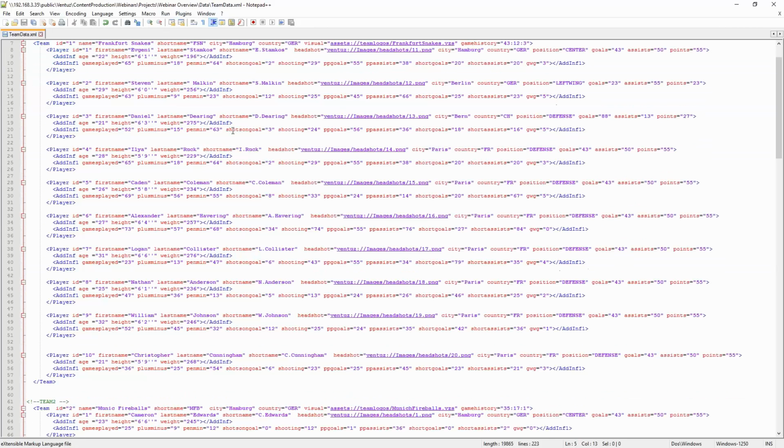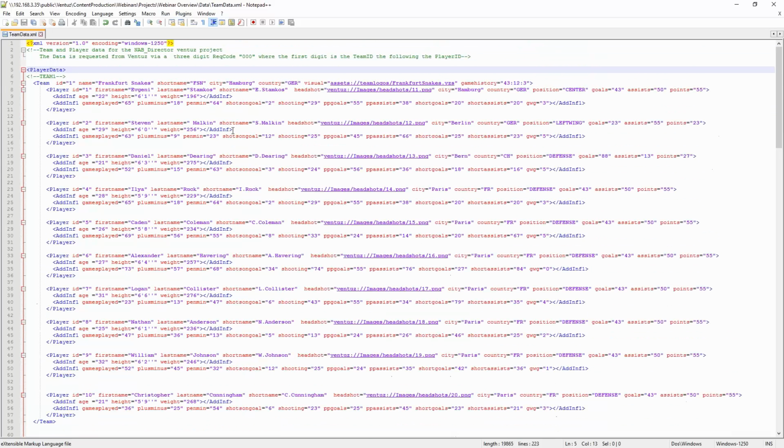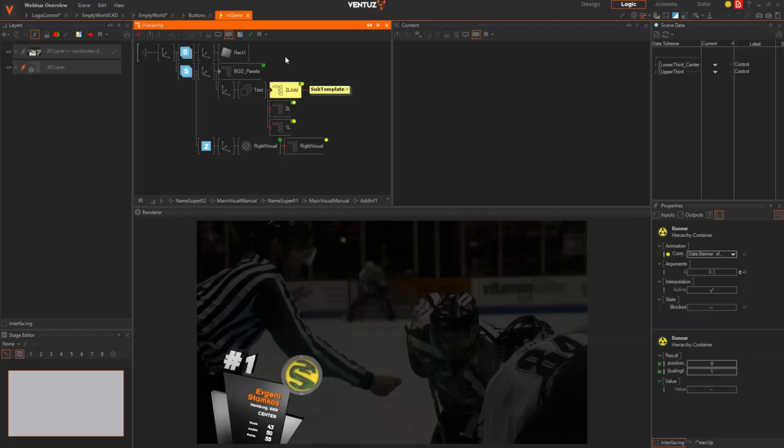This is a rather simple XML file which consists of several teams, and here you can already see the first player of our first team is Evgeny Stamkos, and we can change it to, let's just say, new name, and as soon as we have changed that, well,